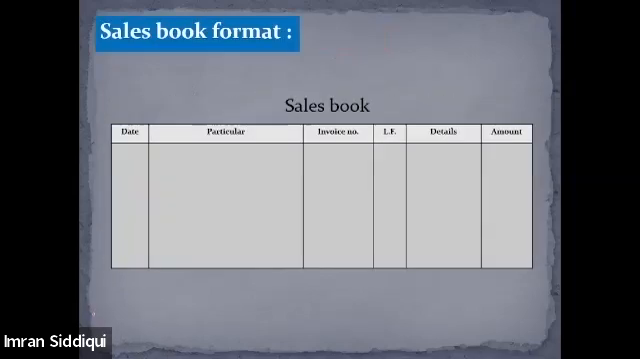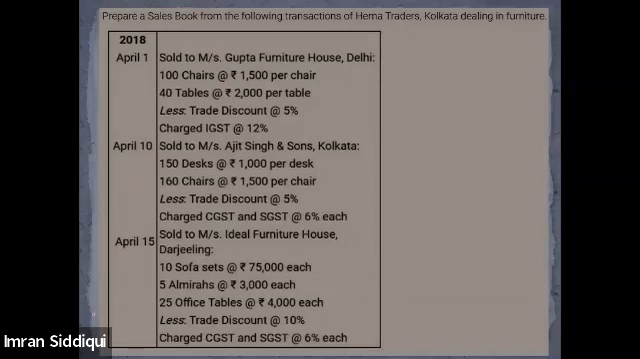Okay. Now this is the format of the sales book, everyone. You can see that it is exactly the same as the purchase book. Only this time we'll be using this format to record credit sale transactions. Now we have the first question based on the sales book, wherein it says that Hema Traders, located at Kolkata, deals in furniture. These are three transactions given in relation to Hema Traders. We need to record